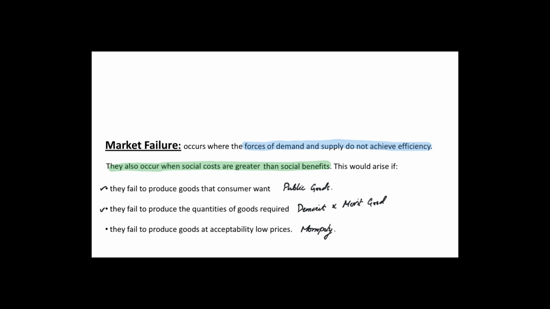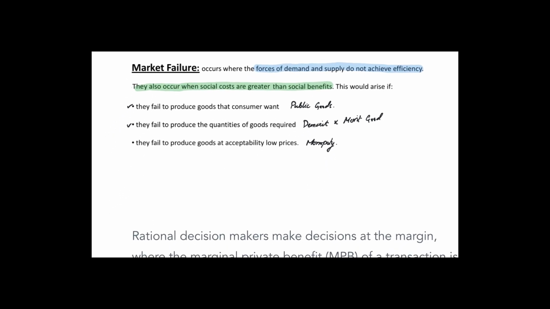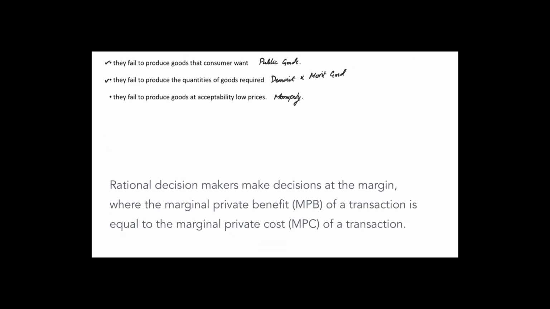Let's jump into the discussion. Now, our first idea is about a rational decision maker. In economics we are always assuming that consumers are rational. Rational means they are logical, they are consistent, sensible people, they don't make irrational decisions.